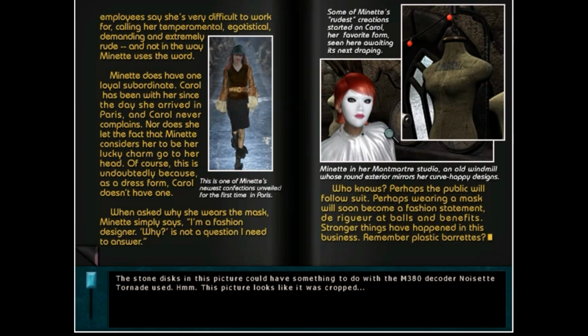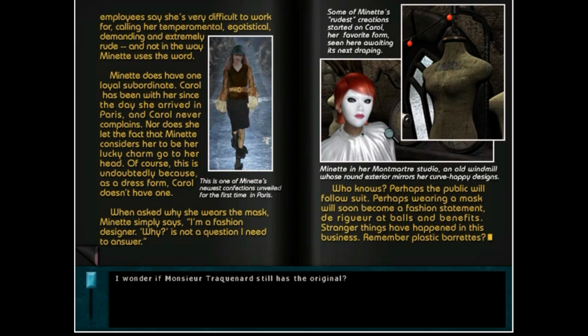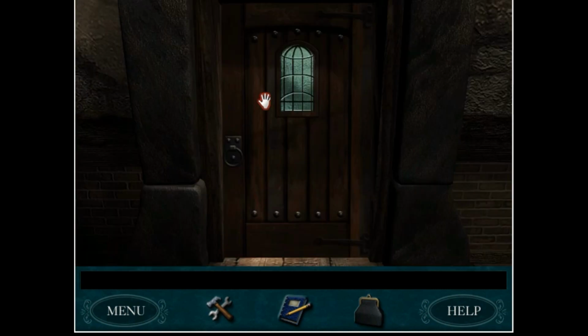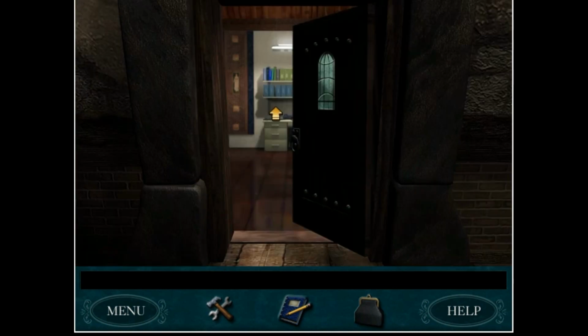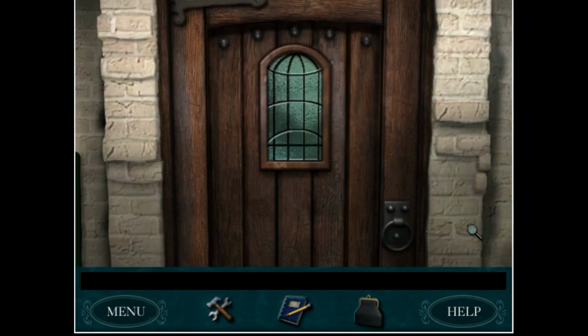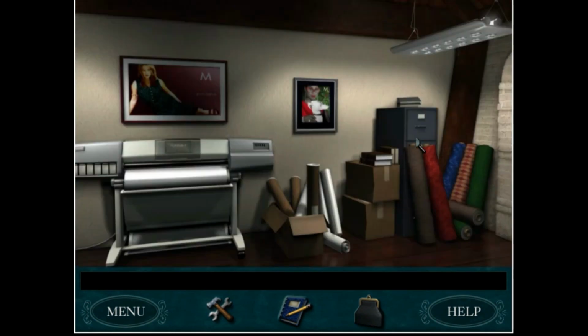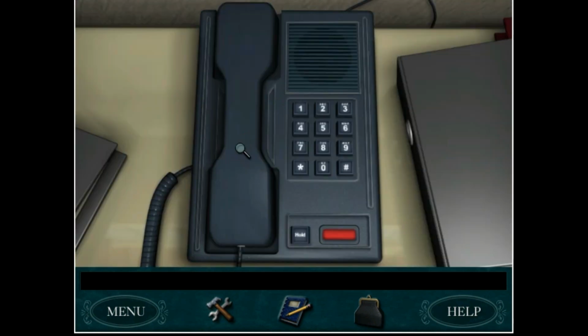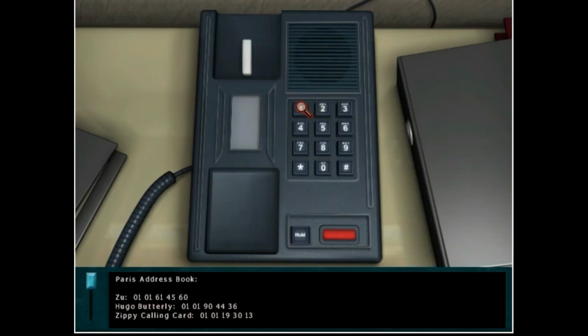This picture looks like it was cropped. I wonder if Monsieur Traquenard still has the original. Okay, at some point I guess I'll go ahead and ask him. Okay, now, in order to get pictures of the skull and candle, first I have to call Zoo, that person from the magazine in JJ's house. Okay,